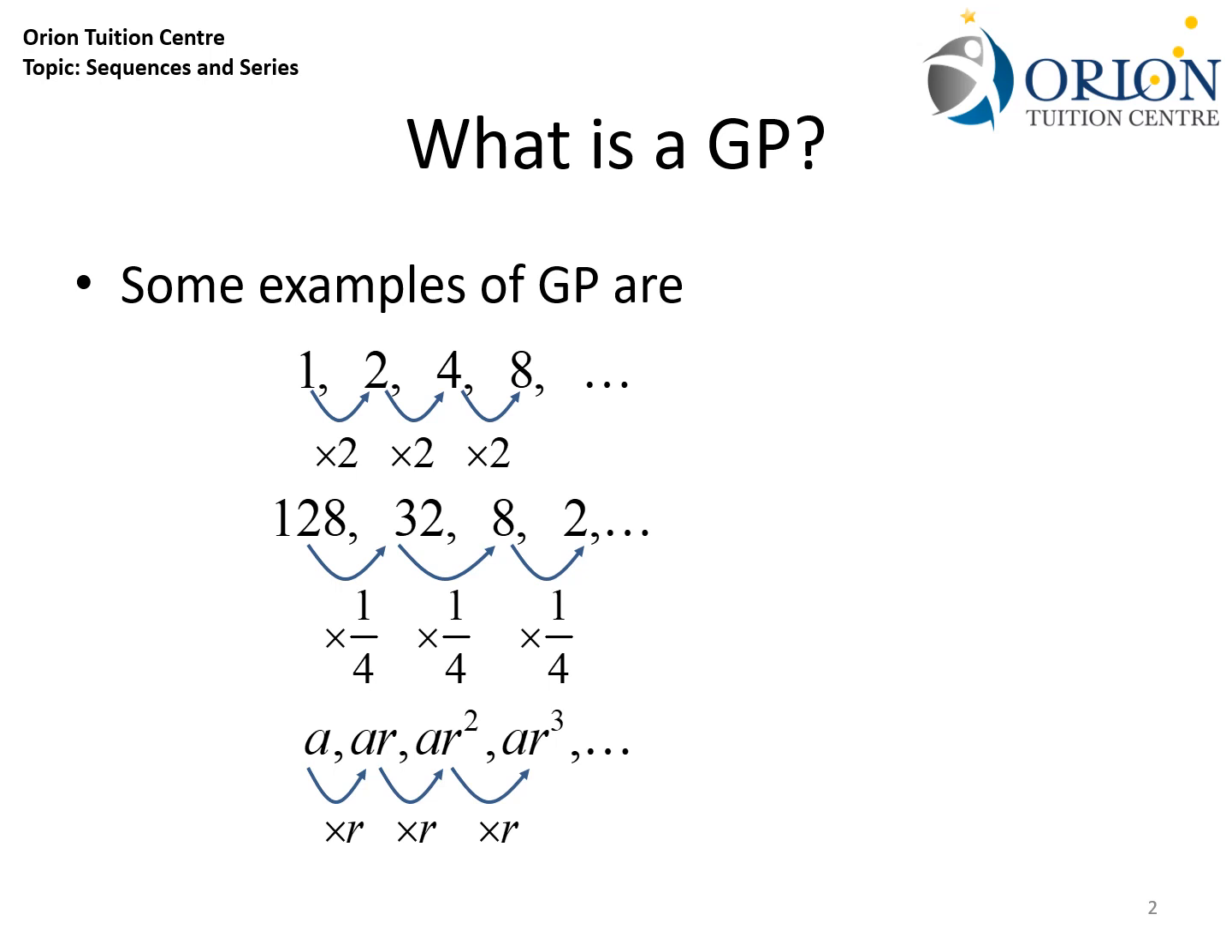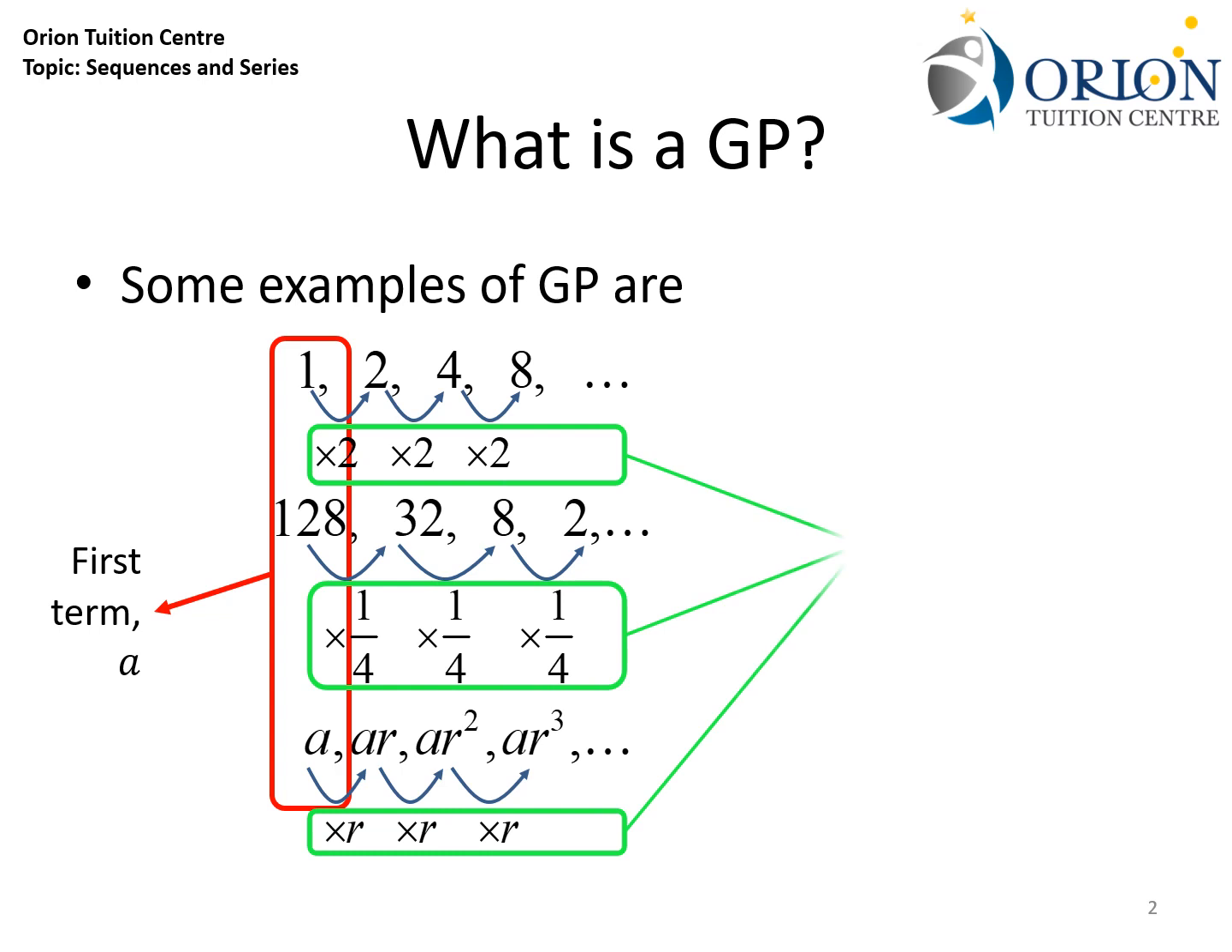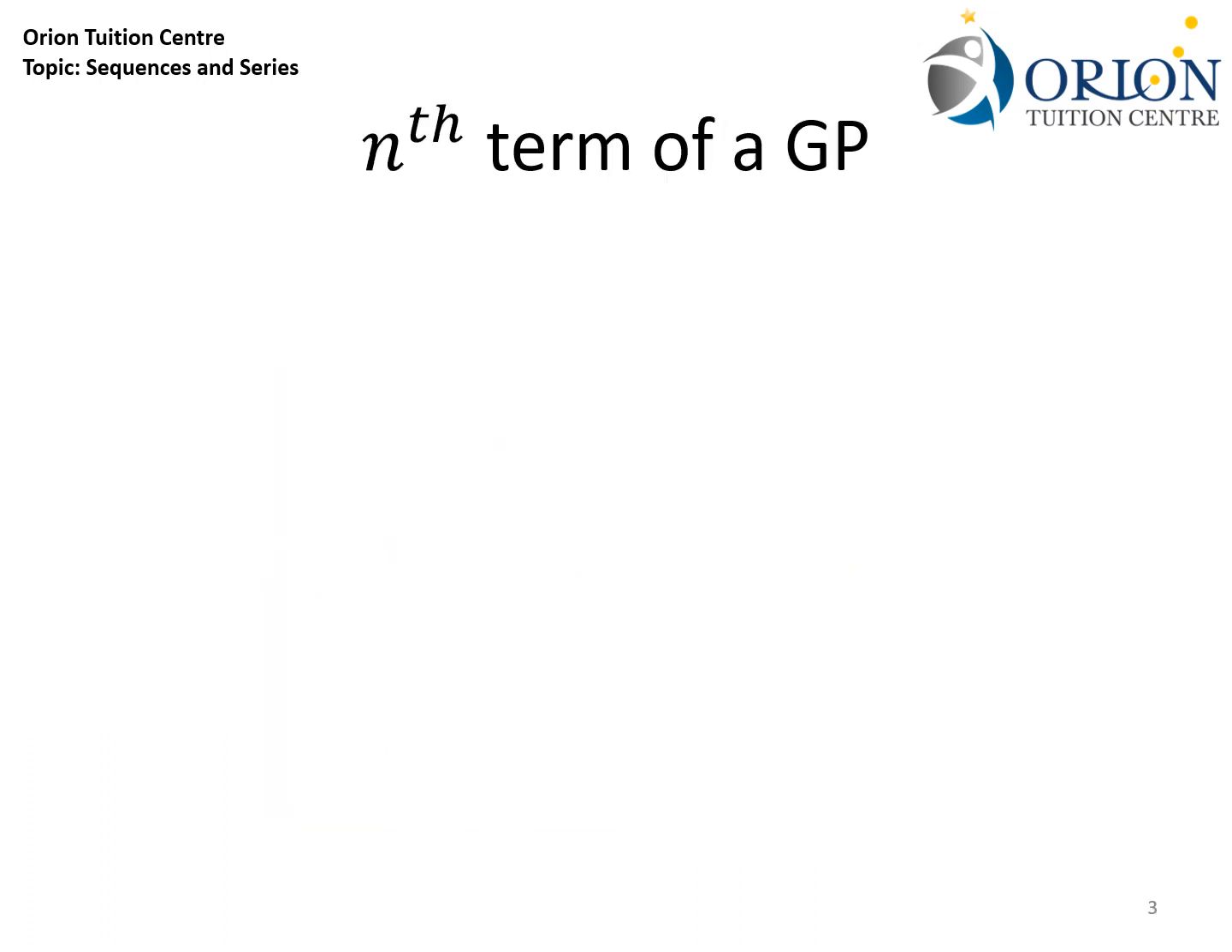In every GP, we can define two values. The first is called the first term, or a, and the second is the common ratio, which is the constant ratio between subsequent terms in the sequence. Once we have defined the first term and the common ratio of a GP, the terms in the GP will be U1 equals a, U2 equals ar, U3 will be equal to ar squared, U4 will be equal to